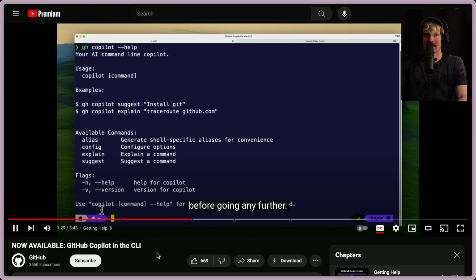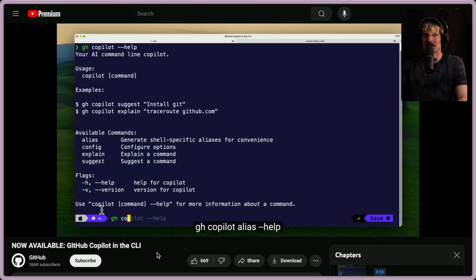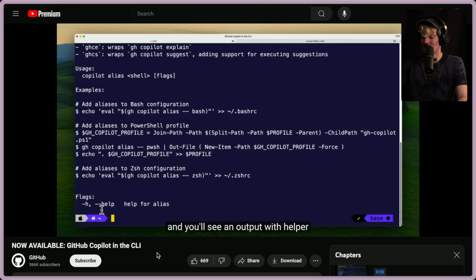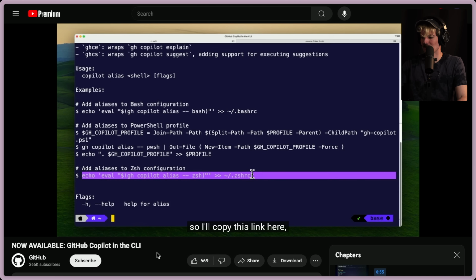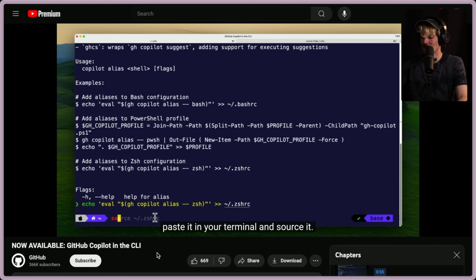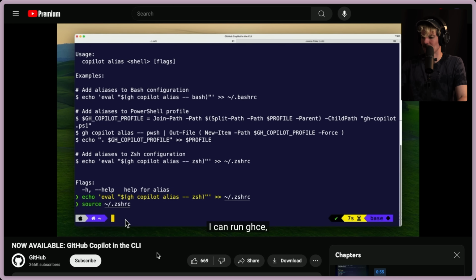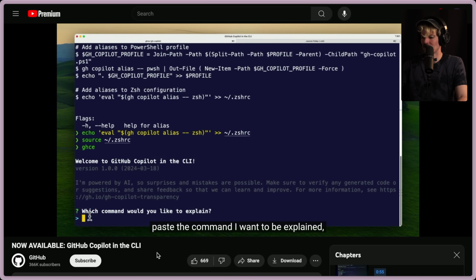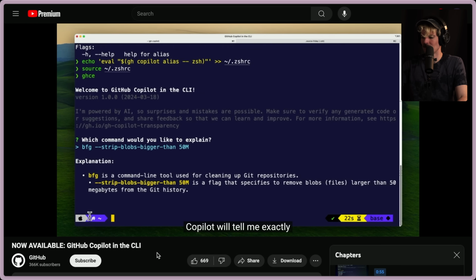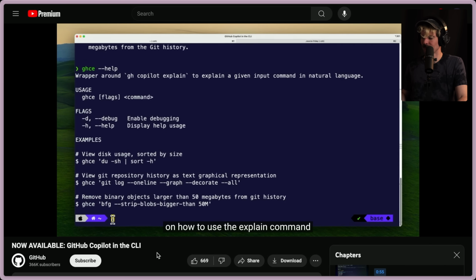Configure our aliases before going any further. In your terminal, run gh copilot alias --help. And you'll see an output with helper aliases for Bash, PowerShell, and CSH. Copy the command you need based on your shell type. I'm using CSH, so I'll copy this line here, paste it in your terminal, and source it. If I run ghce, I'll be prompted for a command I want to be explained. I can run ghce, paste the command I want to be explained, and GitHub Copilot will tell me exactly what the command means. It also breaks the explanation into chunks, so it's easier for me to read and understand. I can run ghce --help to get more information on how to use the explain command and see some examples